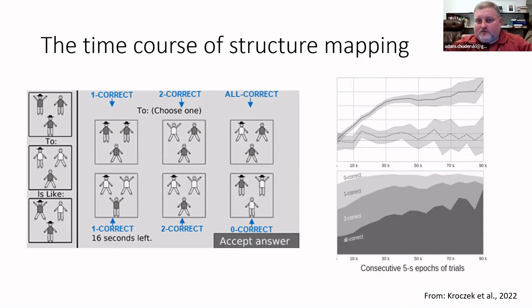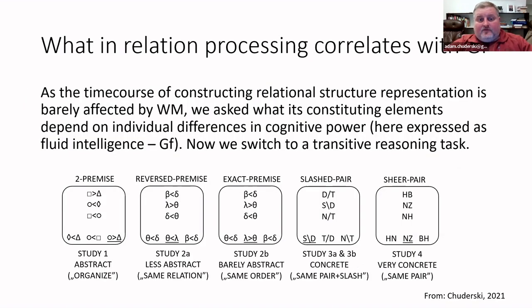In the incorrect trials, which were quite rare in this task because it was much easier than the geometric task, the errors were very rare. There was actually no buildup of relational representations, or either people guessed or they were completely not attending to the task or something like this. Okay, so